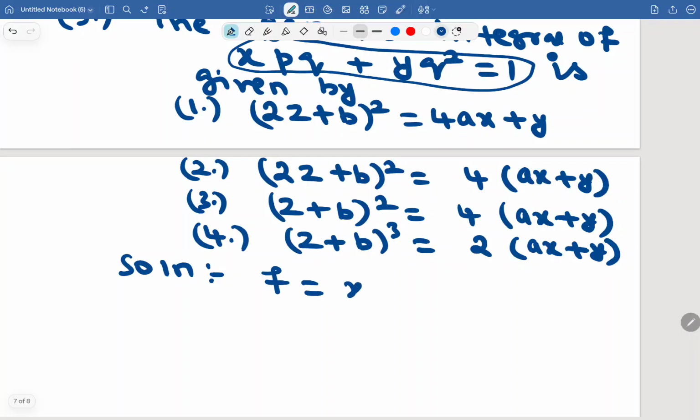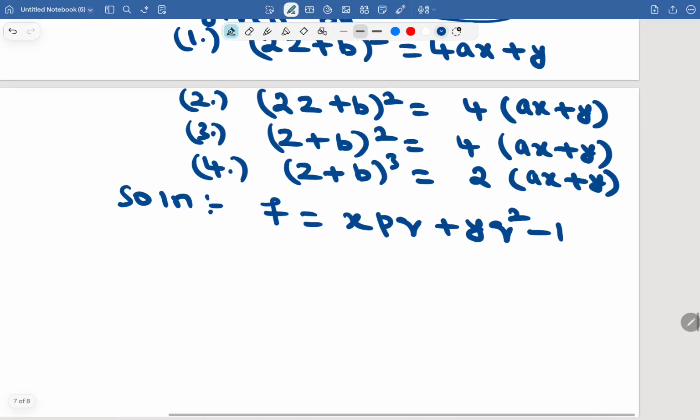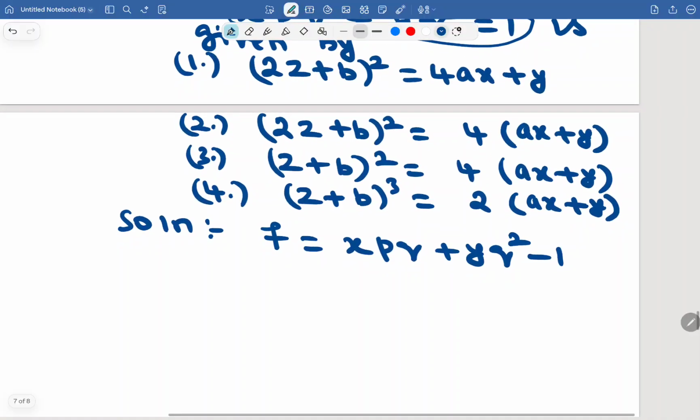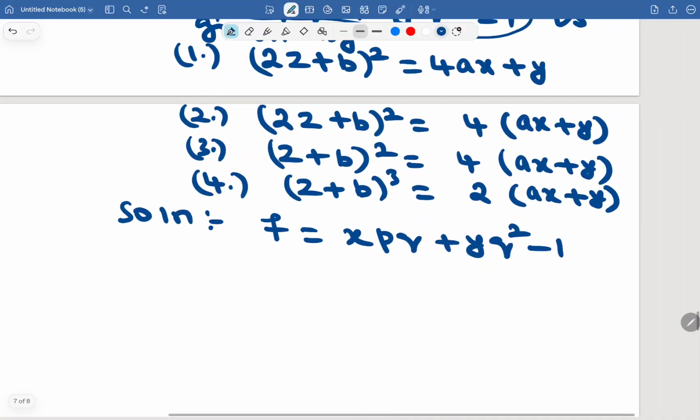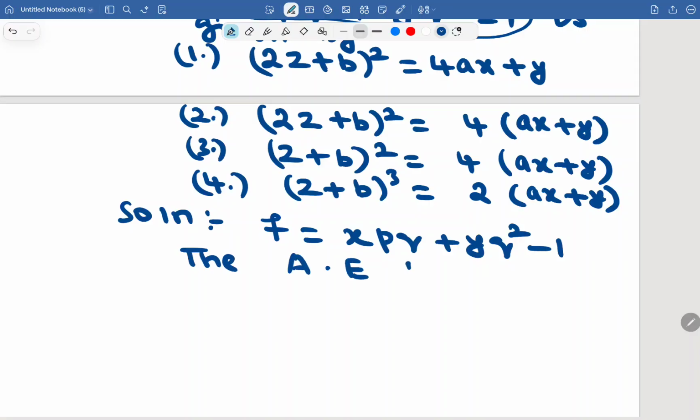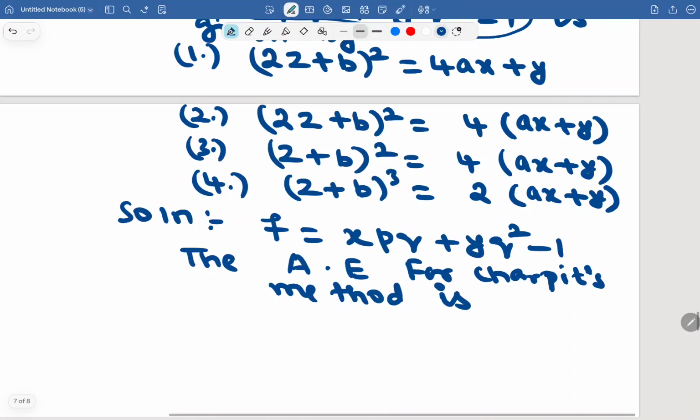F equal to xpq plus yq square minus 1. For this PDE, I am going to use Charpit's method. The auxiliary equation for Charpit's method is